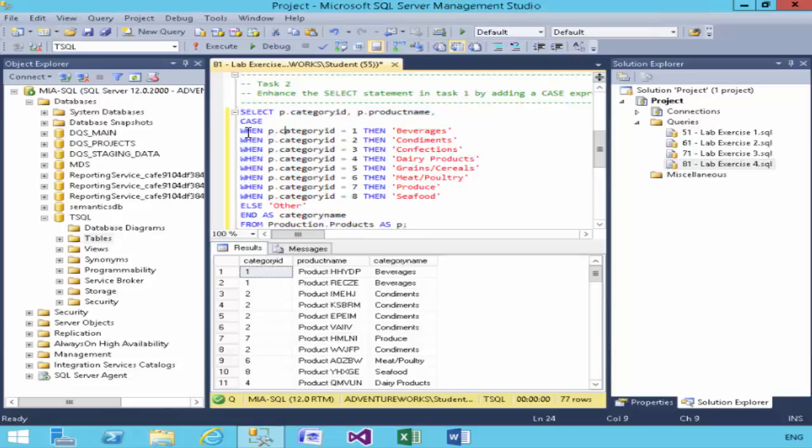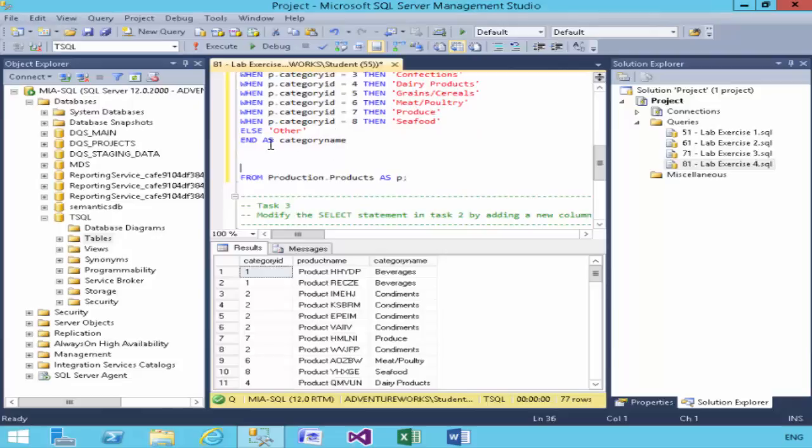Remember, it doesn't matter how many records you have here, 77 as in my case now, or 77 million, it really doesn't matter. T-SQL is a very quick and easy language to use.